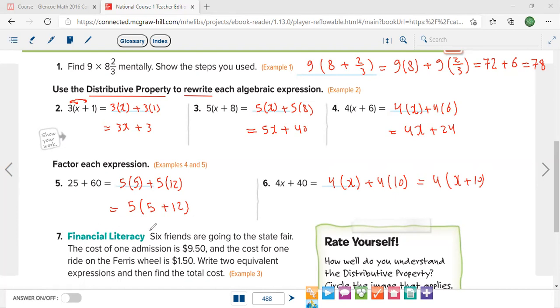Here 6 friends are going to the state fair. The cost of one admission is $9.50 and the cost of one ride on the Ferris wheel is $1.50. Write 2 equivalent expressions and then find the total cost. This will be very easy. They are 6 friends, so 6 multiplied by 9.50 plus 6 multiplied by 1.50. So it's like 6 multiplied by